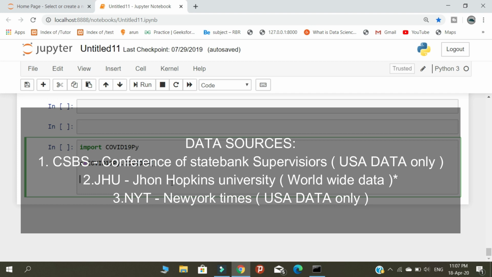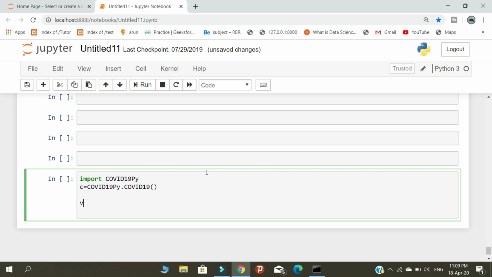So we need to import a data source here. We need to declare a variable: COVID-19 data source equal to Johns Hopkins University.